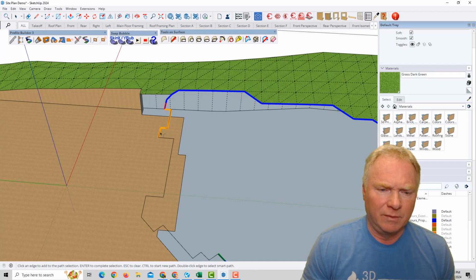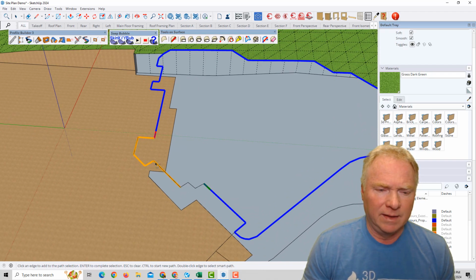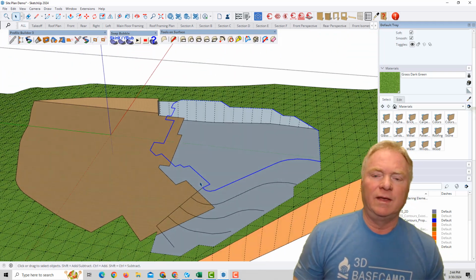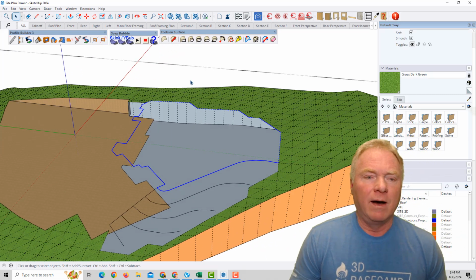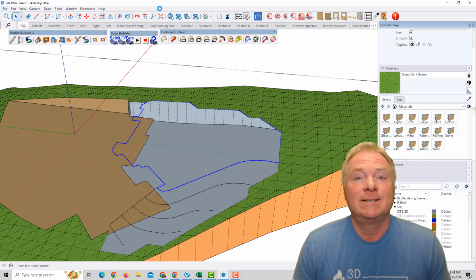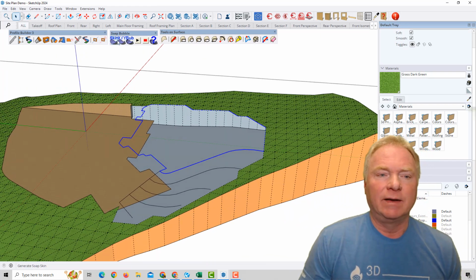I will kind of keep it cruising around this thing, and again I'm just hovering over the path and clicking the left mouse button to select it. Now I'm going to hit enter, and you can see that that path is blue and it's ready for me. Alright, so now I'm going to save this file first because splats are not fun. Okay, so now that we've done that and this path is selected, I'm going to run